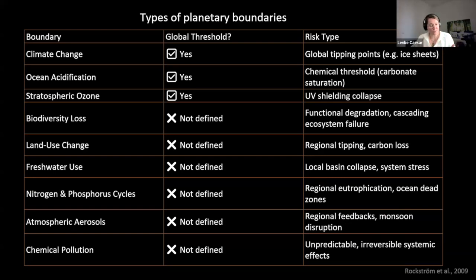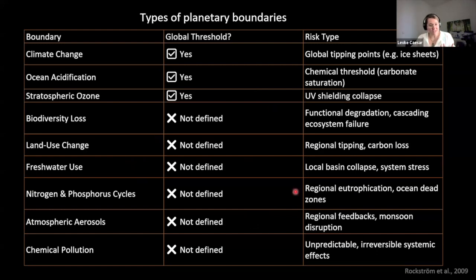Biodiversity loss also happens more dispersed, but when enough species are lost across ecosystems, it's possible that the underlying functionality of ecosystems breaks down, and this could make the entire Earth system more fragile. And some of these processes can trigger regional tipping points. For example, a collapse of forests into savanna, as it could happen in the Amazon rainforest, if we see too much land use change.